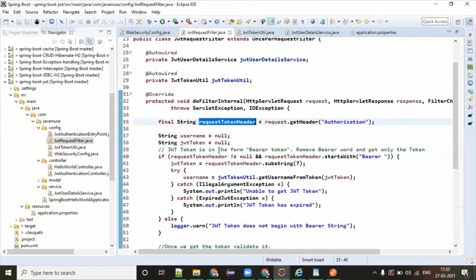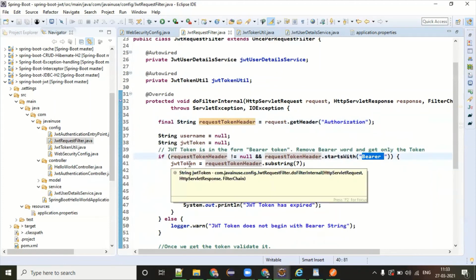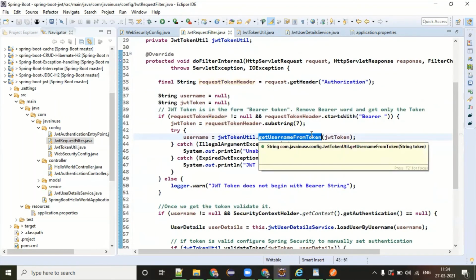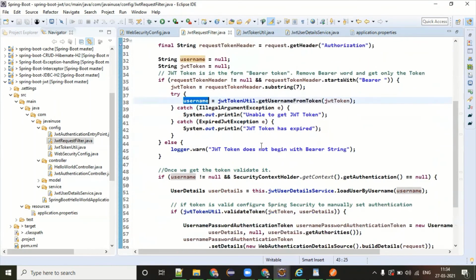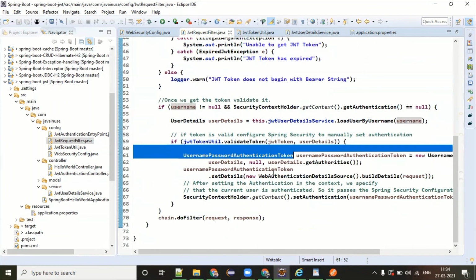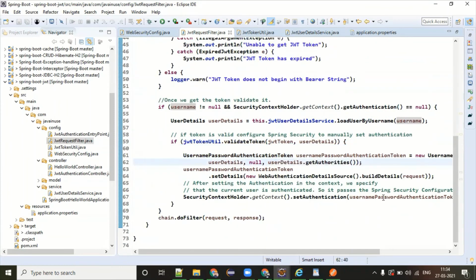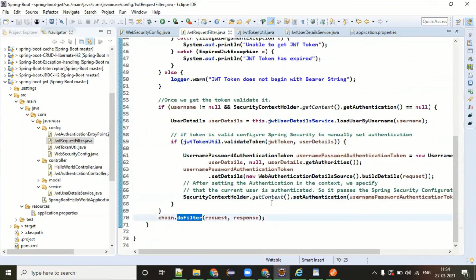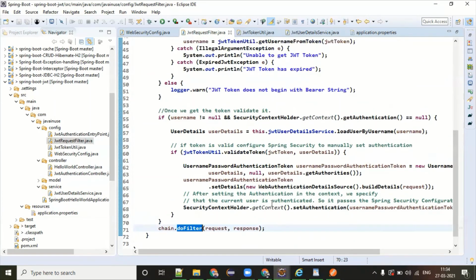You got some token. This is the first level of validation it is doing. It should start with Bearer. Based upon that, after removing Bearer, it takes the token. It goes to their utility, getting the username for that particular token. Then, if the username is not null, it has to check whether your username and the token username are the same or not. If it is validated, then it creates a username password authentication token, and your further flow will continue with this doFilter. Yeah, this is the flow.